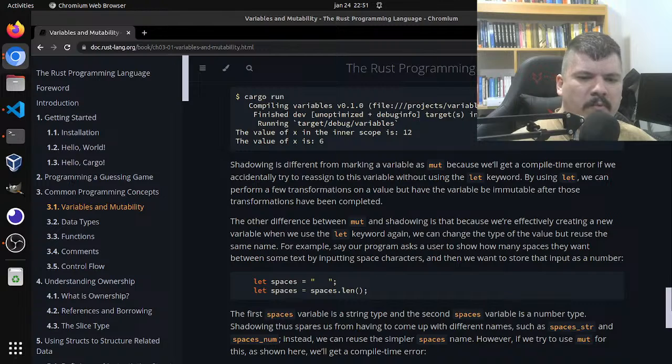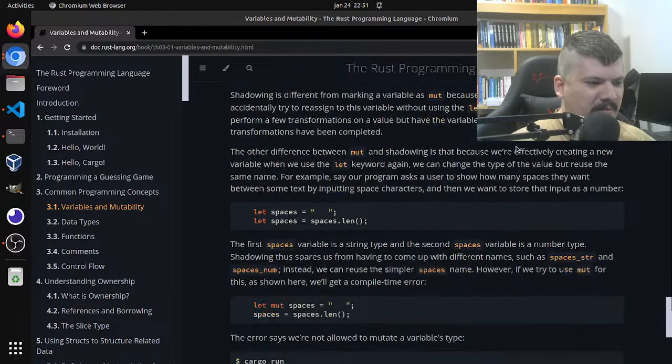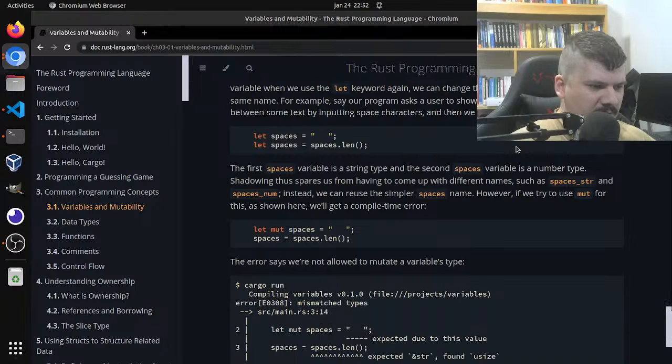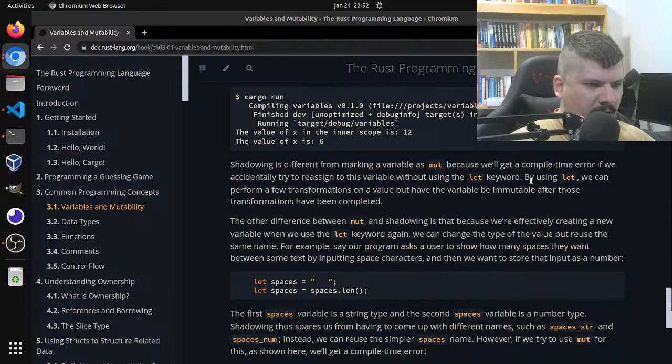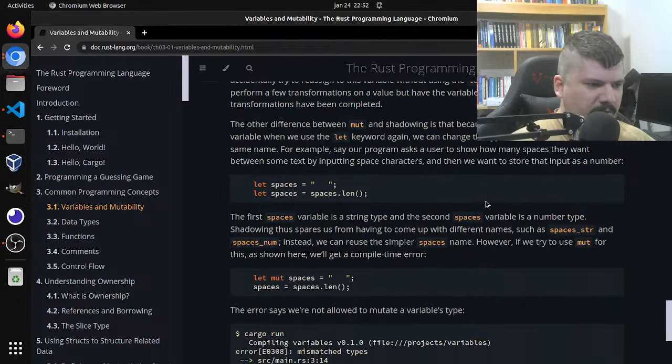Okay, I want a practical example. Or we can simply ask ChatGPT, you know, for a practical example of where this can be helpful. So yeah, here we give another example. Okay, so